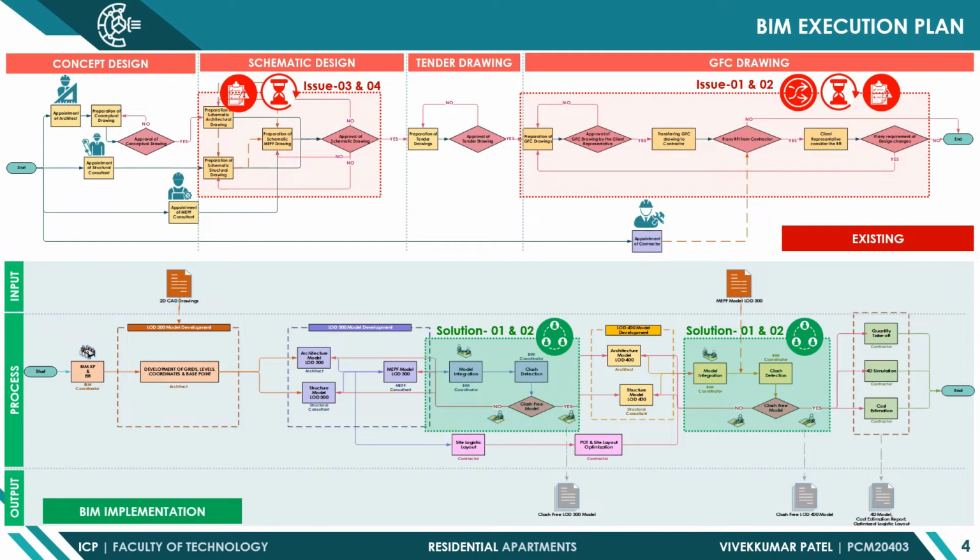Two process flows for the design phase have been prepared. One is the existing process flow followed on the site, which is a conventional process flow, and the second is the BIM implementation where the models are created first and then after model integration clash detection is done to resolve the clashes. The major issues observed in the existing process are the long chain in communication, RFI generation due to lack of coordination, changes in the drawings, and delay in the design changes during construction.